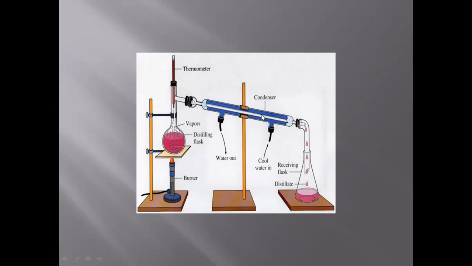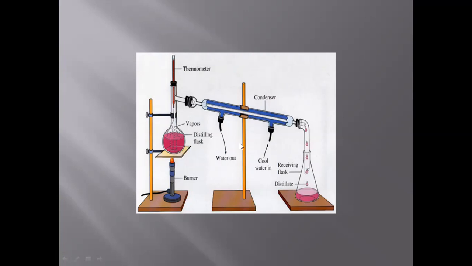water is allowed to flow in the outer tube of the condenser. The outer tube of the condenser has two outlets. From one outlet, cold water enters, and when it moves around the inner tube, it becomes hot because it absorbs the thermal energy of the hot vapors which are inside the inner tube of the condenser. So it becomes hot, and then that hot water comes out through the second outlet of the outer tube of